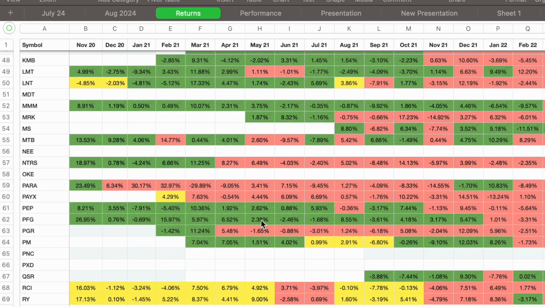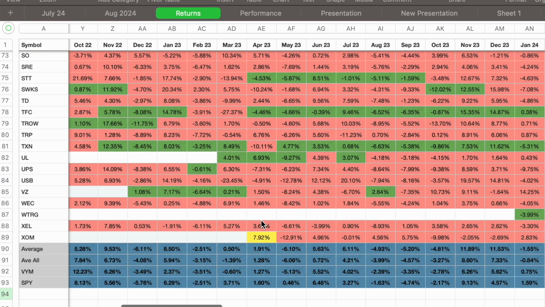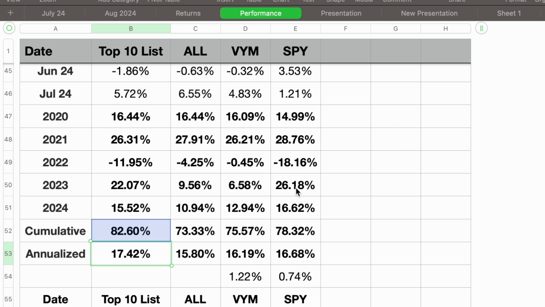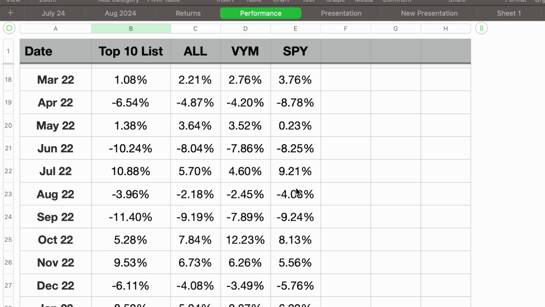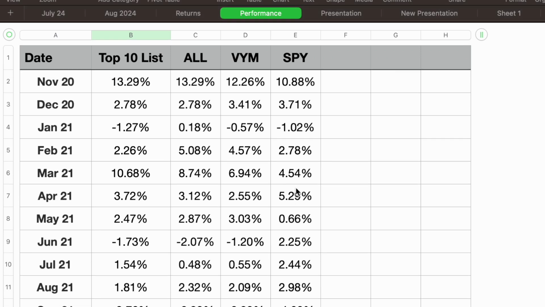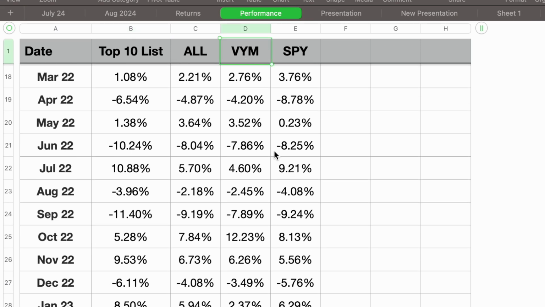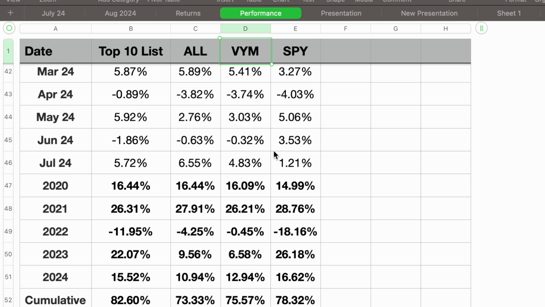I imagine if I didn't filter for only the top 10 stocks, there would be a handful more companies on this list. I track the overall return for the watchlist because I'm curious how it's performing relative to comparable benchmarks. The best benchmark is an alternative investment you'd make if you weren't following the strategy that you are. For that reason, I think Vanguard's high dividend ETF, ticker symbol VUIM, is a good proxy benchmark of an alternative